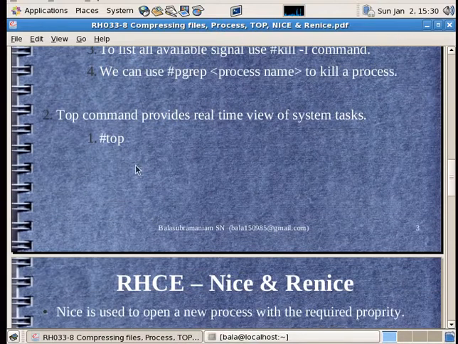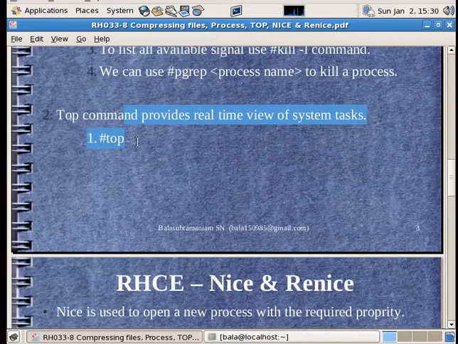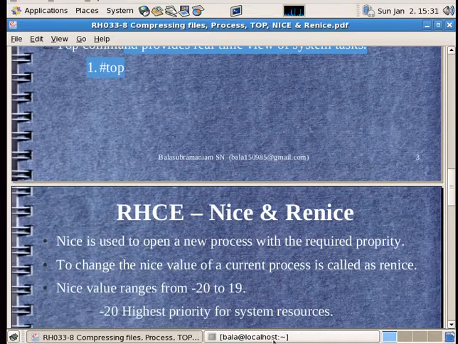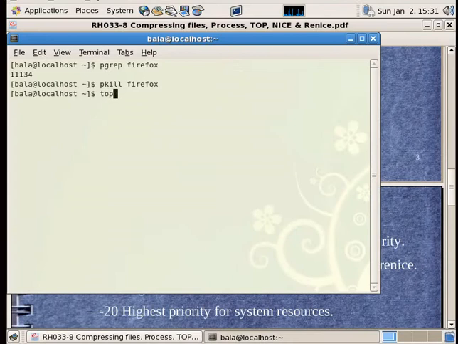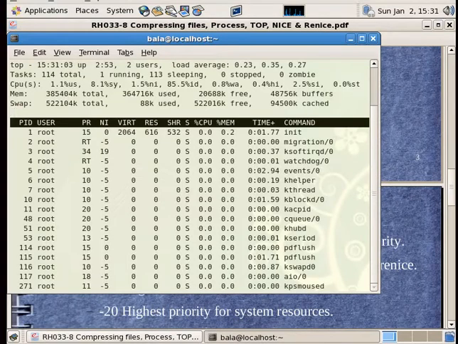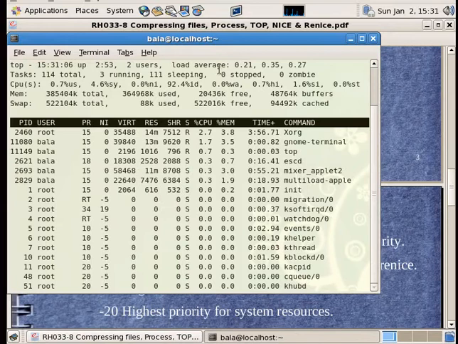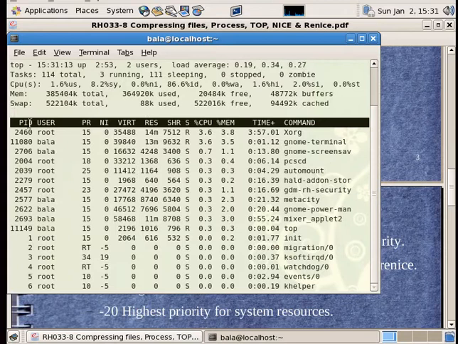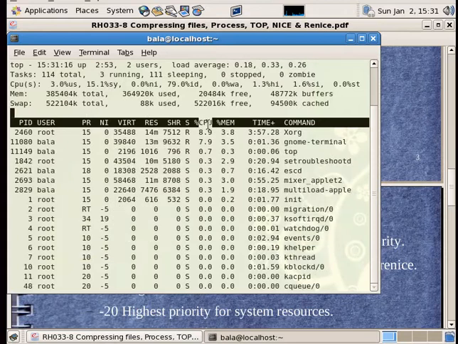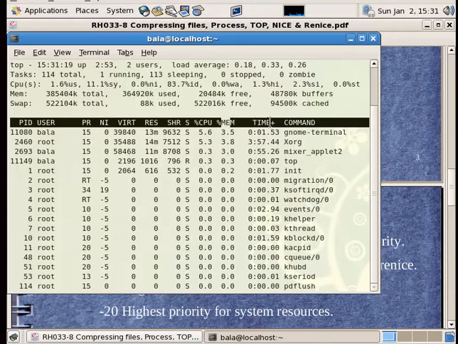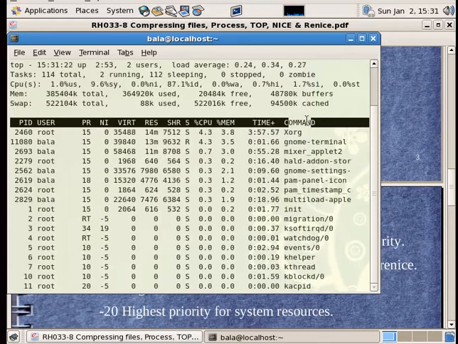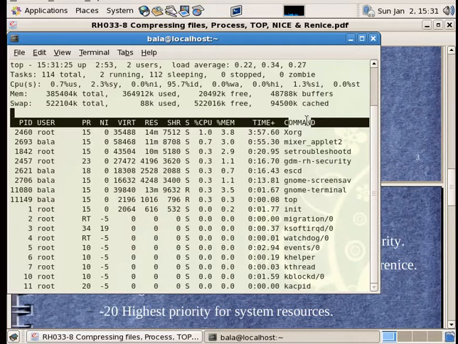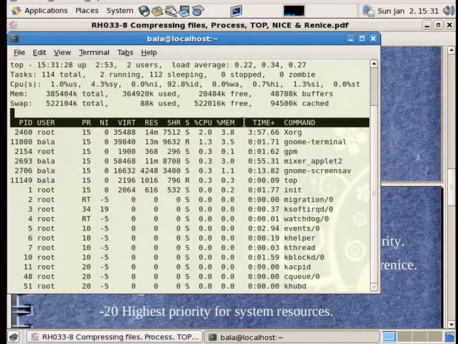Then the top command will provide us a real-time view of system tasks. So I can show the top command over here. This currently shows the load average on my processor for the last 1 minute, 5 minutes and 15 minutes. Then it shows the process ID, username, the CPU usage, the memory consumption, the command which is used, and so on. What I could do in this particular scenario is kill from within the top command as well.